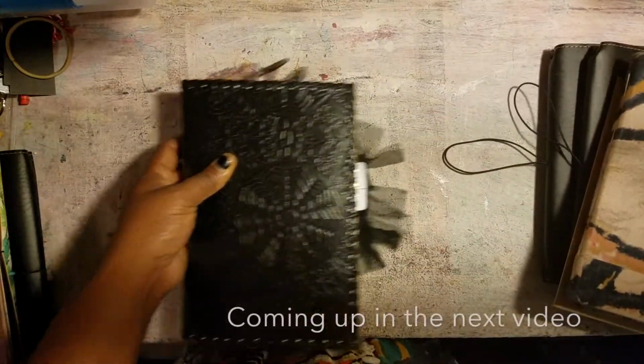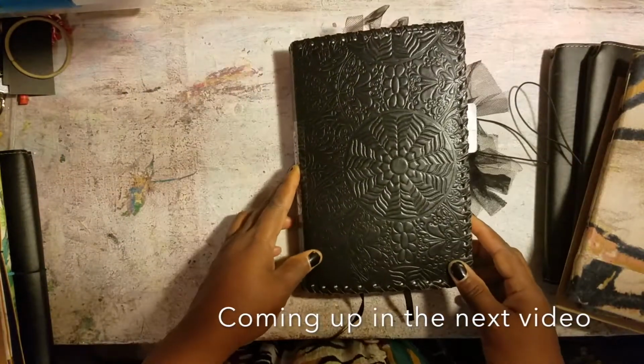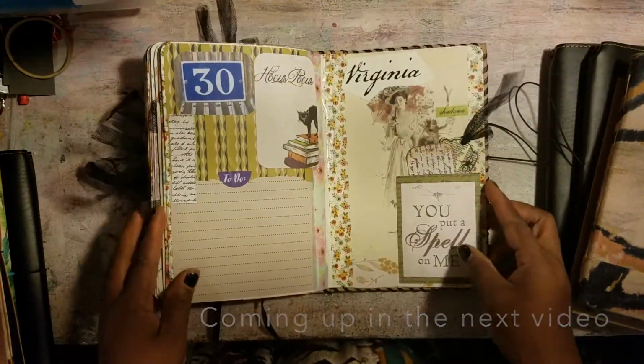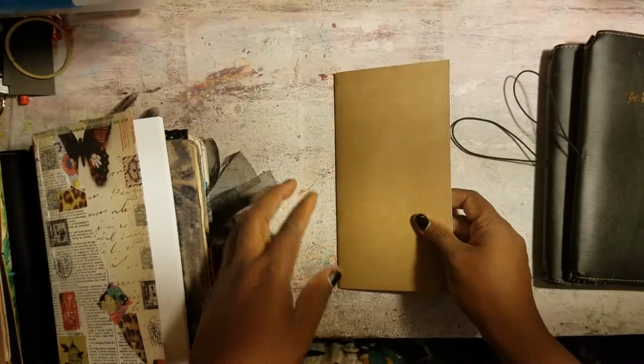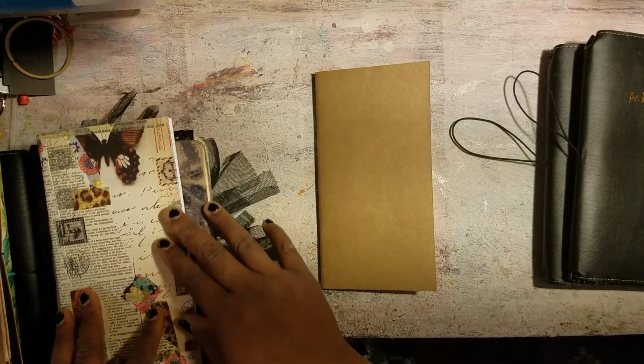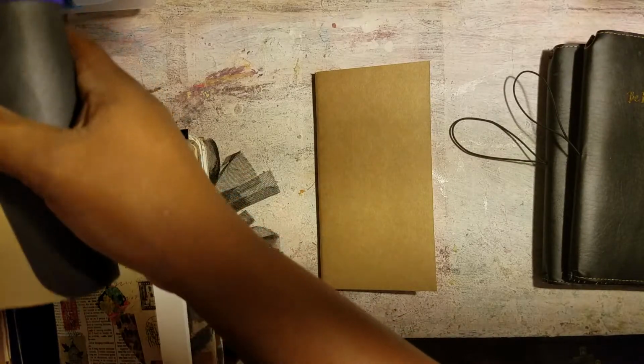I wanted to show you how my October journal turned out. I know we have 2 more days to go. What I'm gonna do is I want to, on camera, convert the cover just using scraps, and I have to thank